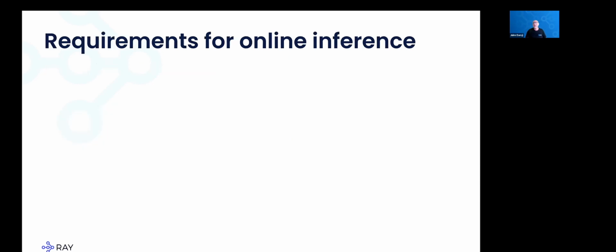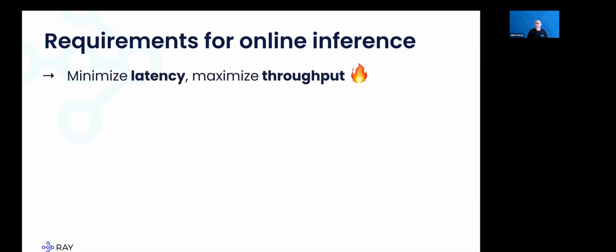And if you were to implement this as an end-to-end application, there are some strict requirements you want to make sure you fulfill. One is that you do want to minimize the latency, right? Because latency is going to affect the user experience, and it's also going to affect the throughput. So you want to minimize the latency, and you want to maximize the throughput so you can handle more queries per